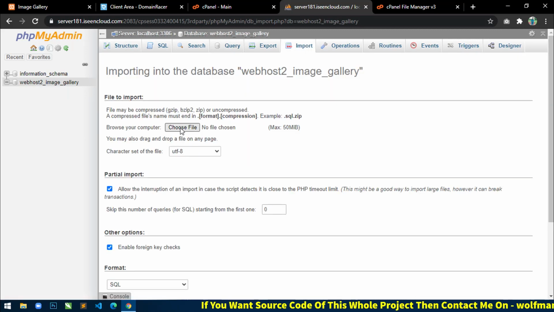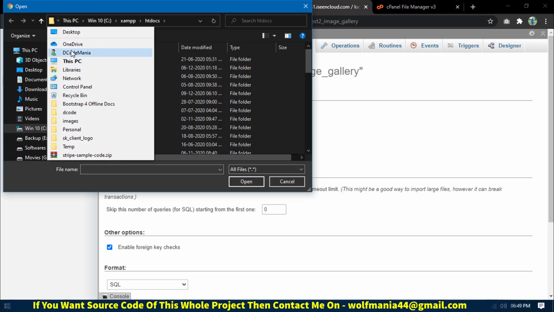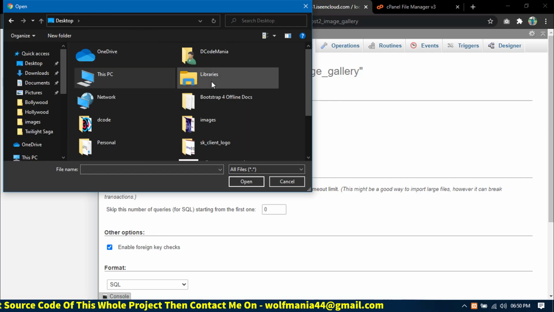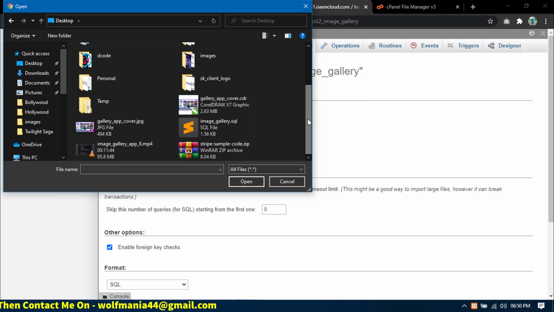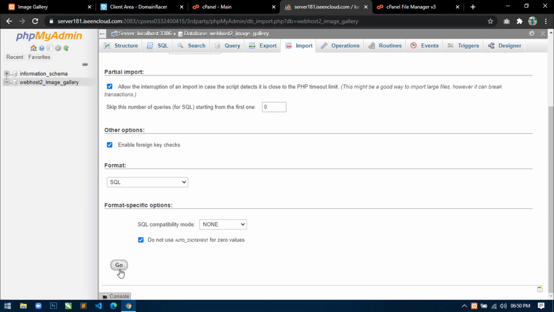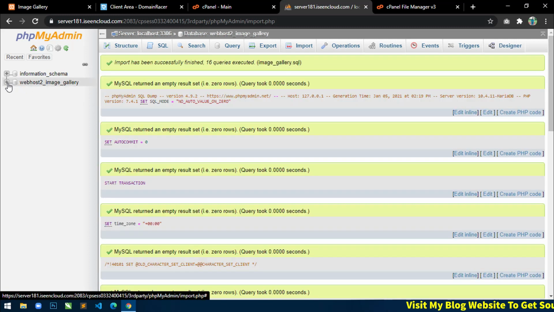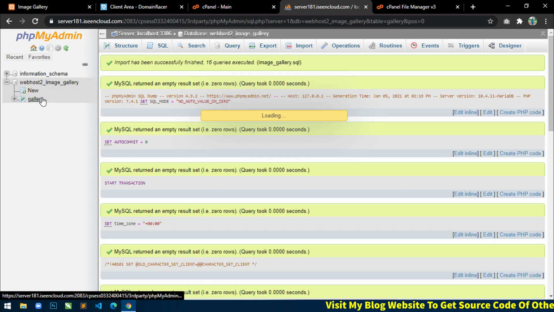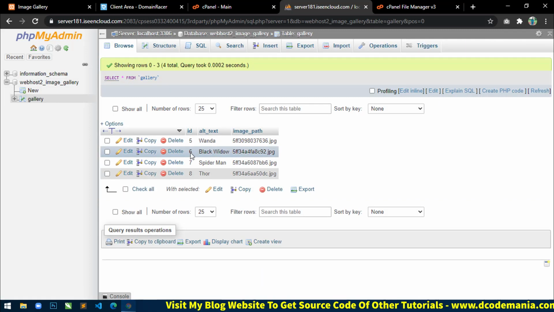Click on choose file and just go to desktop, where I have just exported from the localhost phpMyAdmin. So this is the file. Select this file and click on go. Now you can see the table gallery has been imported to this database, with all the records.